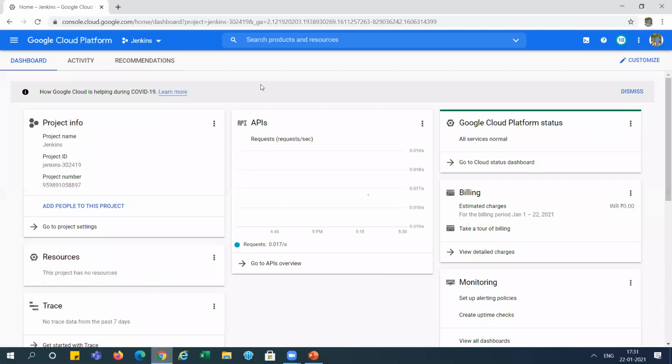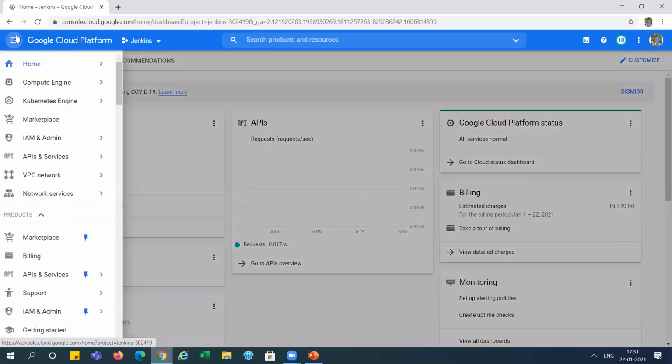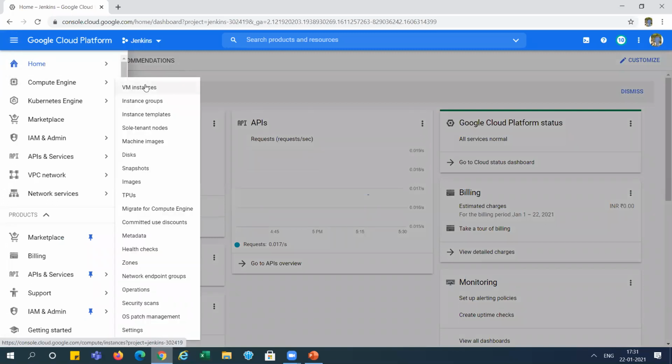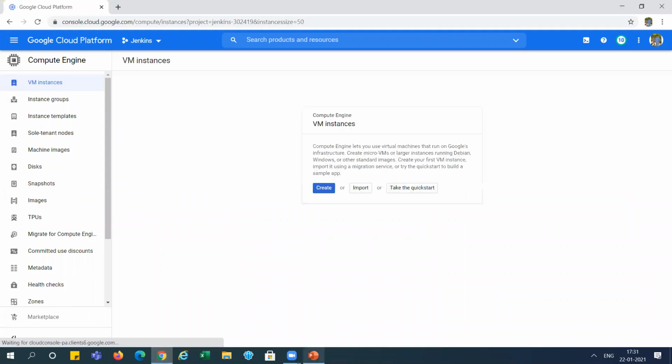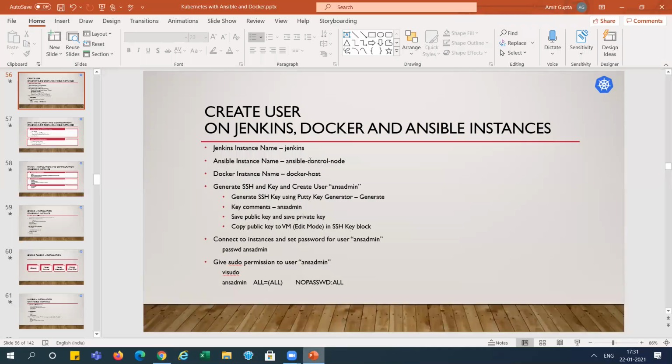So this is my project. The Google Cloud console is already open. I will go directly to Compute Engine and VM instances, and we will create some VMs here. You can see it is written here, the Jenkins instance name is Jenkins. I have mentioned the name also.